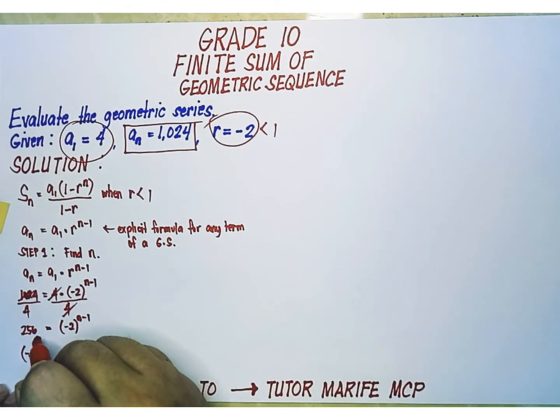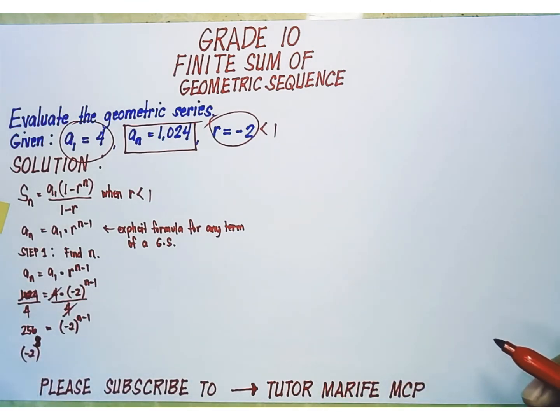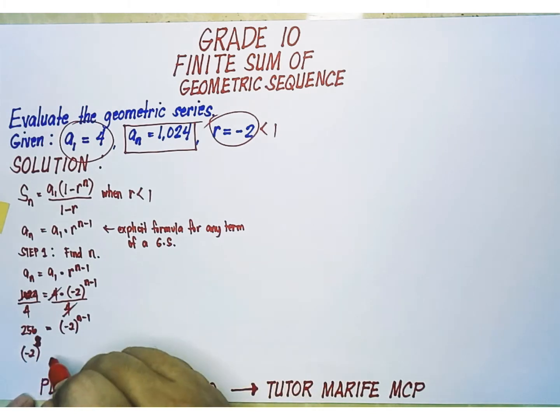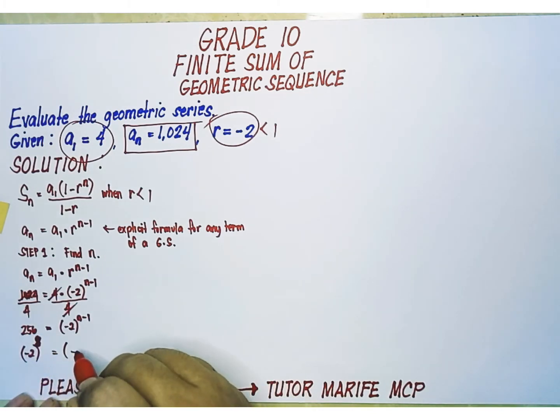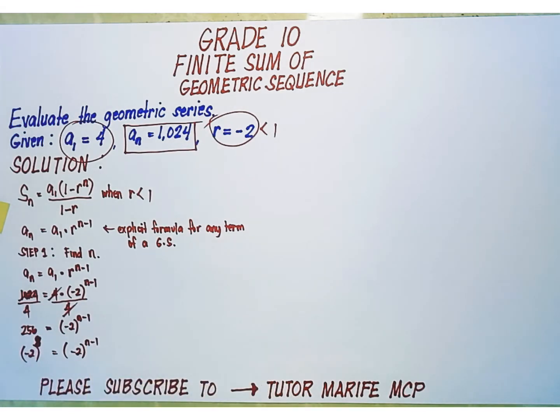It's actually 8. You double check. Negative 2, use it as a factor 8 times, the result will be 256. Equals your right side negative 2 raised to n minus 1. So, bakit natin ginawa yan? Kasi, kapag naipakita mo na you have two exponential terms on both sides of the equation and they have the same base number,